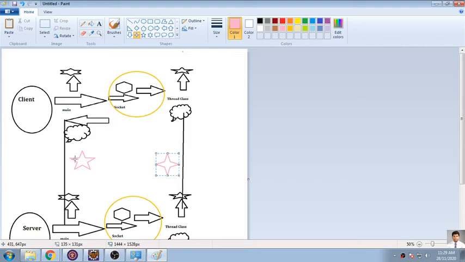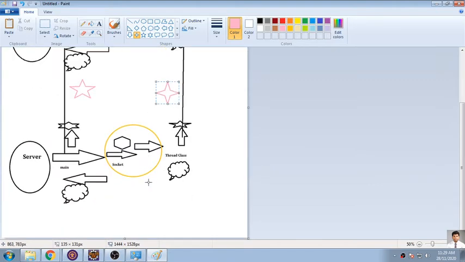So the operations will be somewhat separate: the input stream will be connected to the output stream of one program, and the output stream will be connected to the input stream of another program. So this is vice versa communication between the two different programs. So one program will be divided into two and it will be executing parallelly.